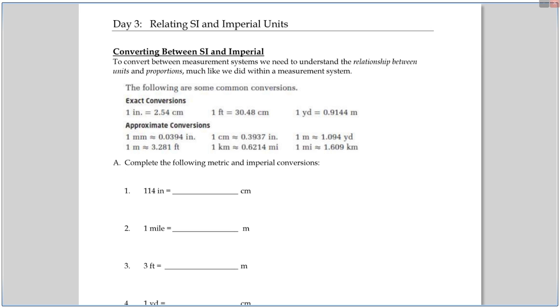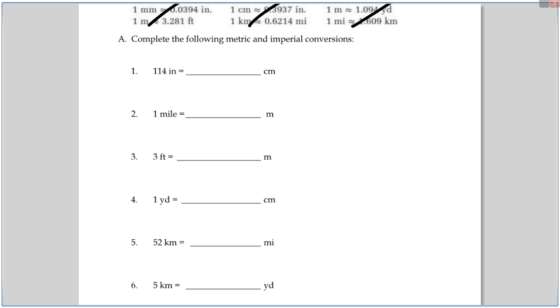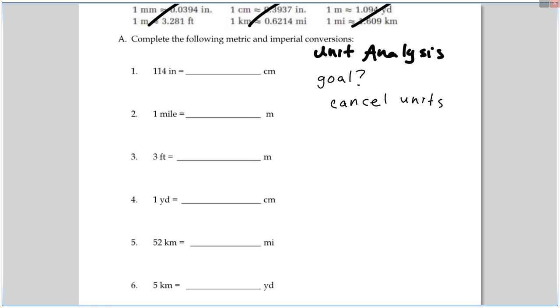All right, so when you're doing your homework, I would just ignore these. Just use the yellow sheet, okay? So that everyone's on the same page. What do we call the conversion method that we've been using? Good. Unit analysis. What's the goal of unit analysis? What's the goal? Cancel what? Units. How do you cancel units? Top and bottom. Okay? So let's start with 114